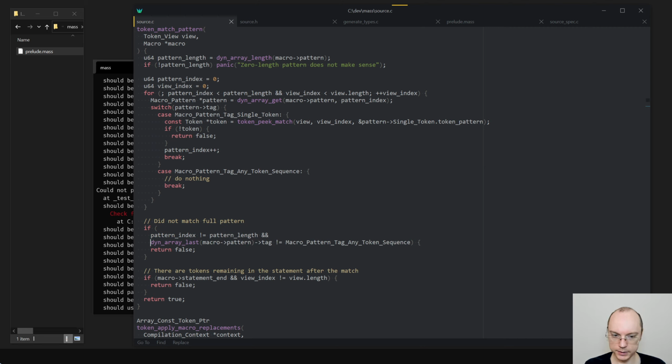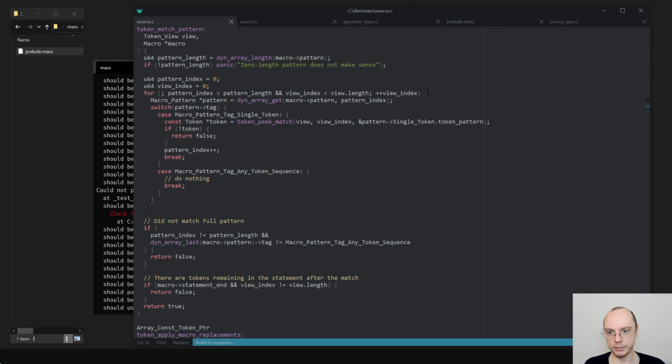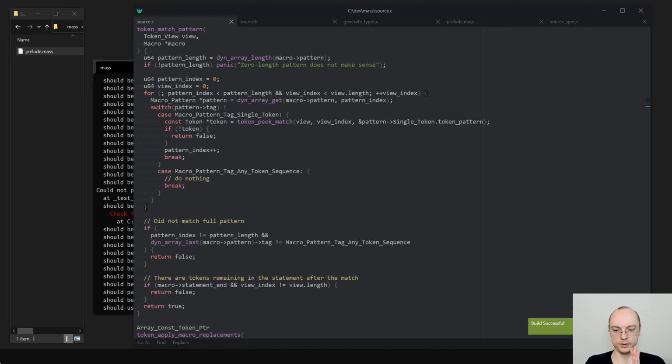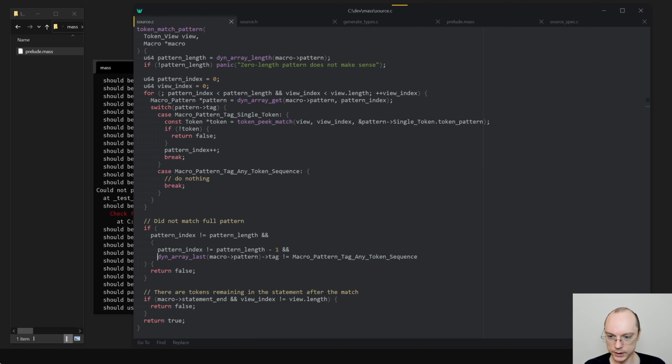So if the last thing in the pattern is anything, which is what we have right now, then we will never get to the end. So we need to add an extra thing. Pattern index is not pattern length minus 1, and so this is a quite complicated condition.